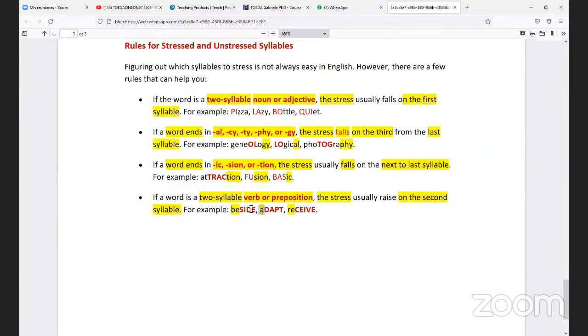Adapt. So we just fall here, adapt. And adapt, it's the second syllable. Okay. Receive. Receive, two syllables. Okay. Always in English, we have to know that